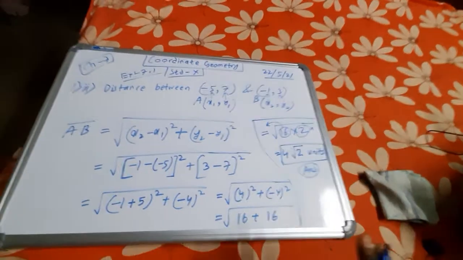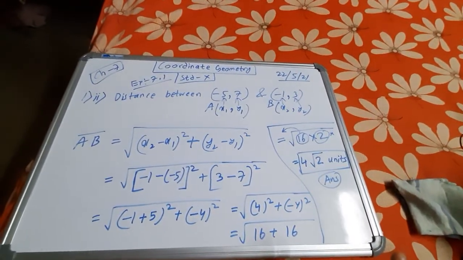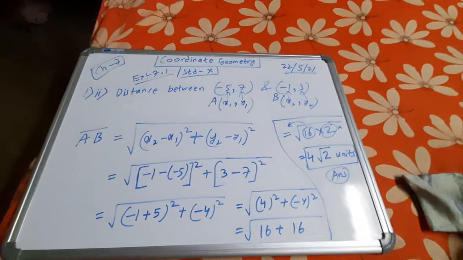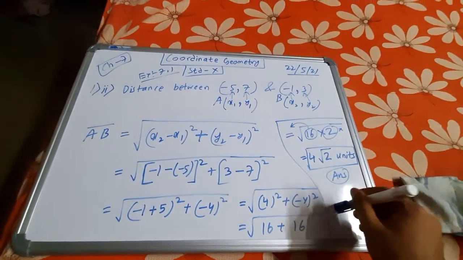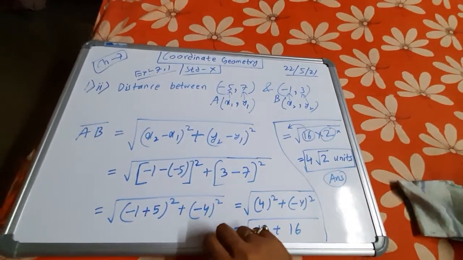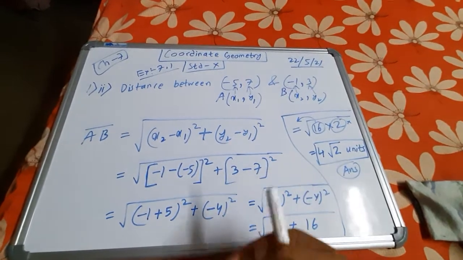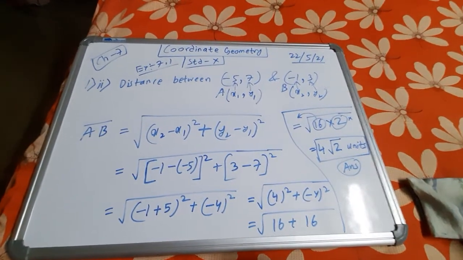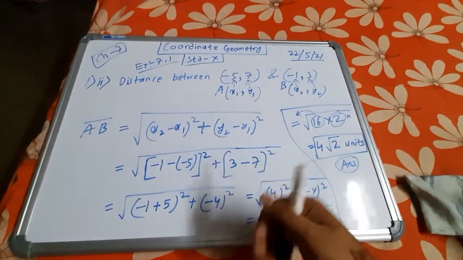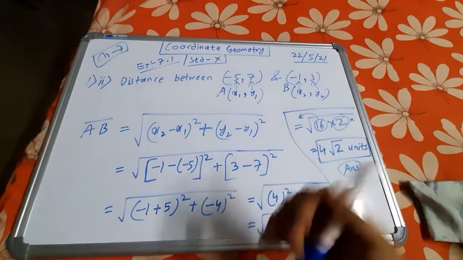Understood how to do it? I just gave you an example of one typical sum that you will be doing in the distance and section formula chapter. Obviously the distance formula, not the section one. Okay, so this is part 1 of the video. Part 2 will be moving on from our next class. The section formula actually. So the distance formula is over. In the next class we will be starting the section formula.